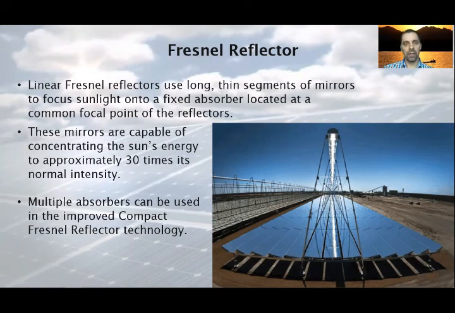The linear Fresnel reflector technology receives its name from the Fresnel lens, which was developed by the French physicist Augustin Jean Fresnel for lighthouses in the 19th century. The principle of this lens is the breaking of the continuous surface of a standard lens into a set of surfaces with discontinuities between them. This allows a substantial reduction in thickness and thus weight and volume of the lens, at the expense of reducing the imaging quality of the lens.